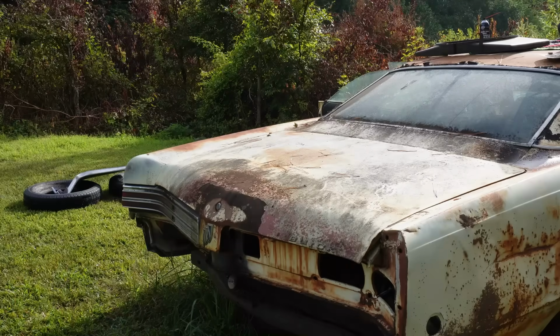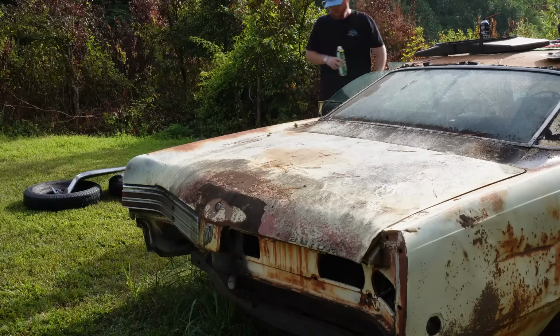Okay. KP must really be liking those glasses because he's still modeling them. He's getting us the keys. Now,